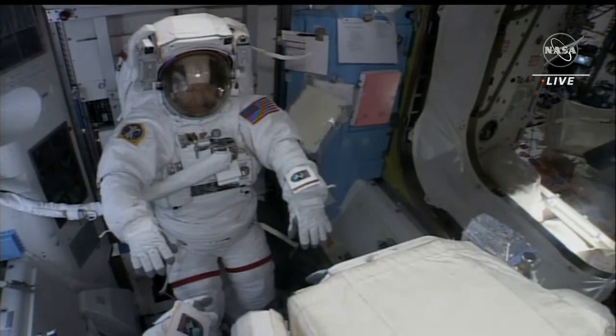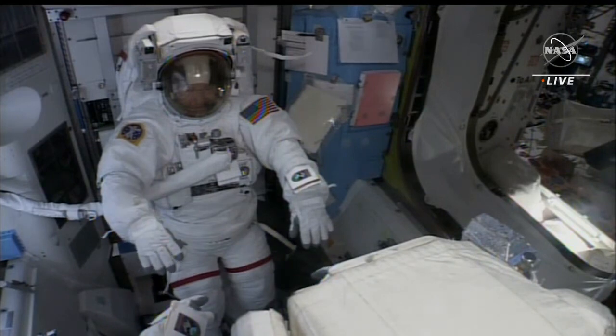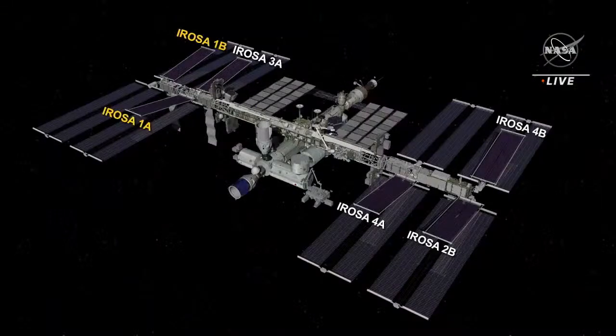So again, today's spacewalk will see the crew members working to install the 5th IROSA to the International Space Station. This IROSA will be on the 1A power channel on the starboard truss of the International Space Station. And on June 15th, we'll have an additional spacewalk to install the array on the 1B power channel. These new arrays are 60 feet long by 20 feet wide and share a little more than half of the original arrays, which, as you can see in this graphic here, they lie over top of them. Each new IROSA will produce more than 20 kilowatts of electricity, and once all...